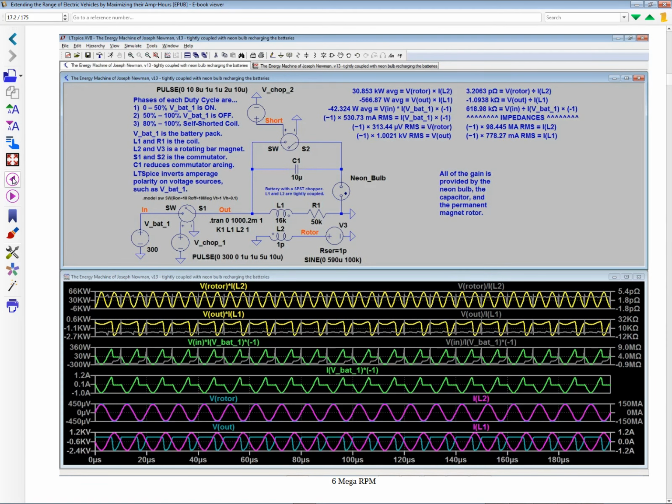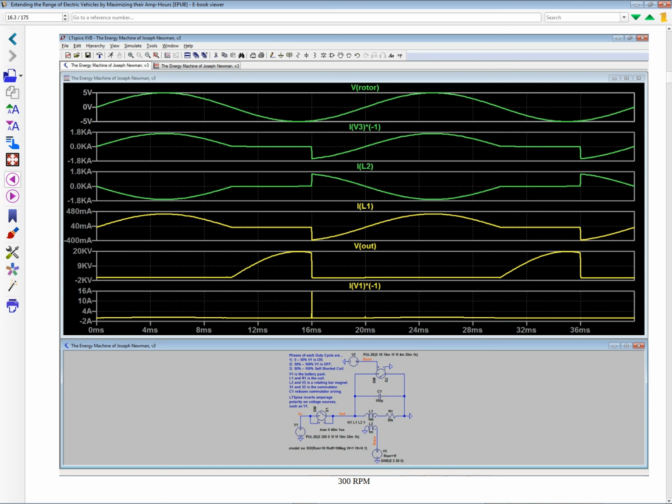In any case, this is what I based my design on. And you can see the waveforms here are strictly simplistic, but that's because it's not over unity. We're getting a cost. It's putting out 20 kilovolts on the peak here, and we only get back to the battery pack negative 2 kilovolts. So we're losing 10 times more than we're gaining. And the amperage on the battery pack, 16 amps versus negative 2 amps.